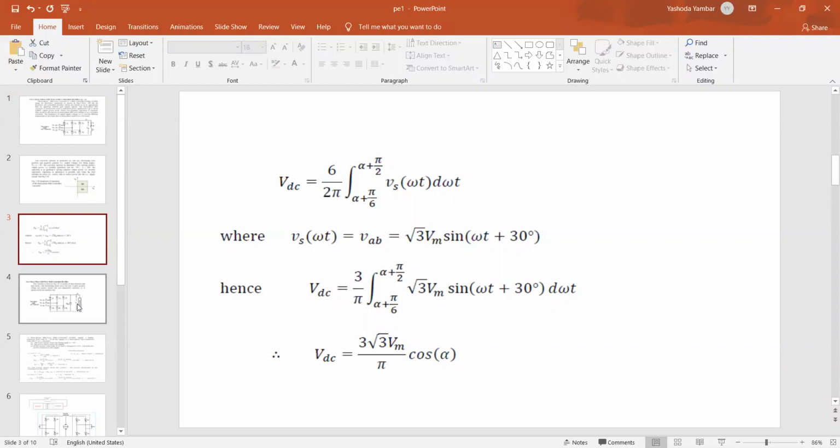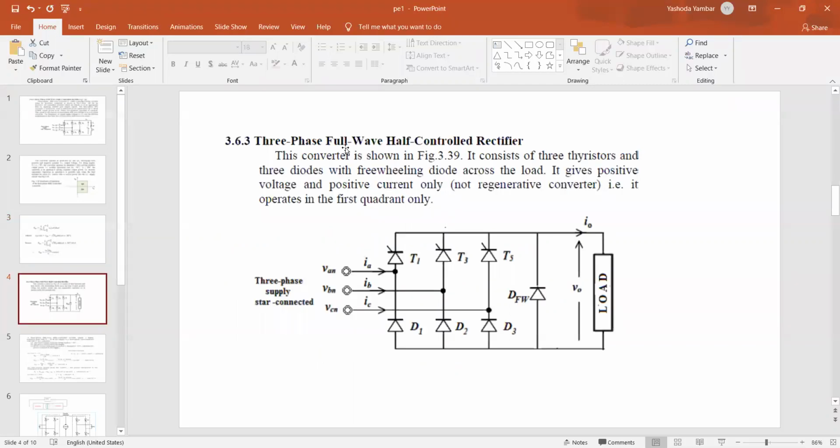So now let us take one additional circuit, the three-phase half-controlled, that is full wave, converter. In this circuit, we are having the diodes. This circuit will provide more output DC voltage than the full converter. And if a freewheeling diode is present, what is the meaning? The energy released by the inductor is not transferred back to the source. It will freewheel through this diode, and it will be received by the motor. The motor rotates in the forward direction. This is not mentioned in the syllabus, but only for clarification we are highlighting it here.